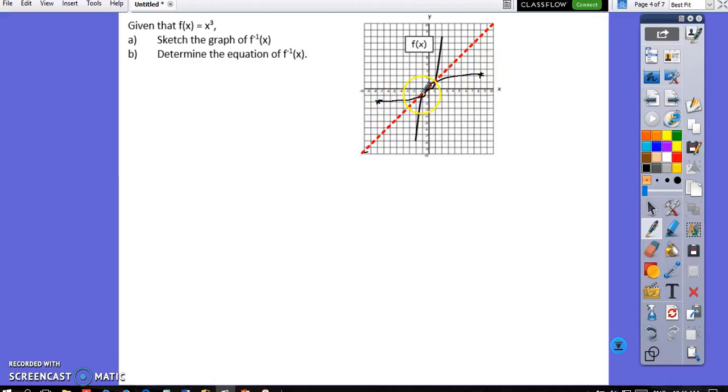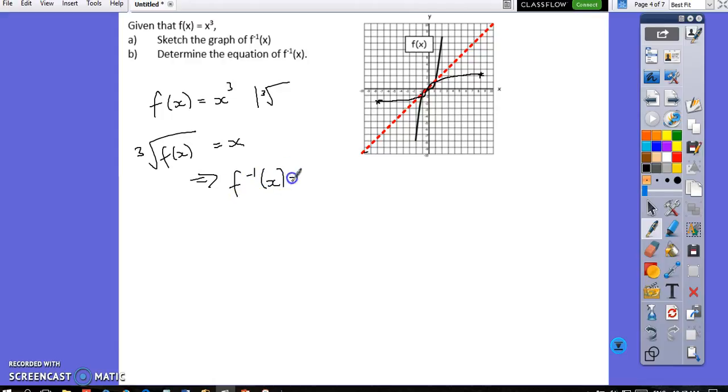So whenever a line crosses this reflective axis, this axis of symmetry, your inverse function will also cross the axis of symmetry. So I've sketched the graph. Let's determine the equation. So f of x is equal to x cubed. Then to get back to x, all I need to do is take the cube root. So the cube root of f of x is equal to x, which means that the inverse function is the